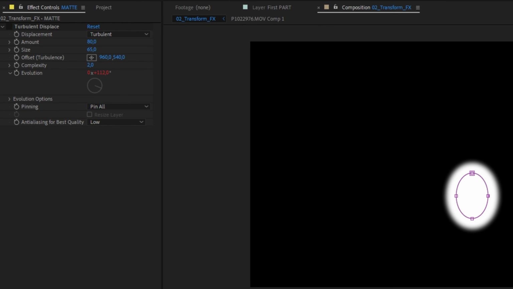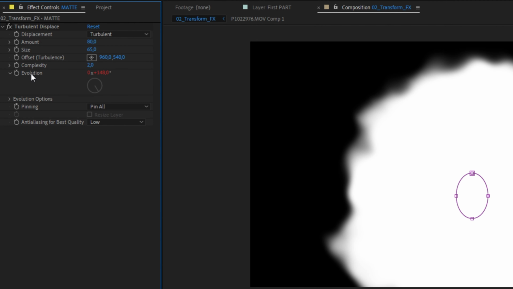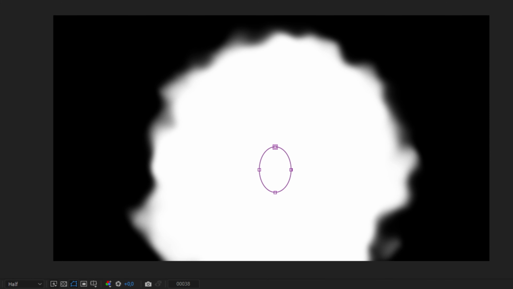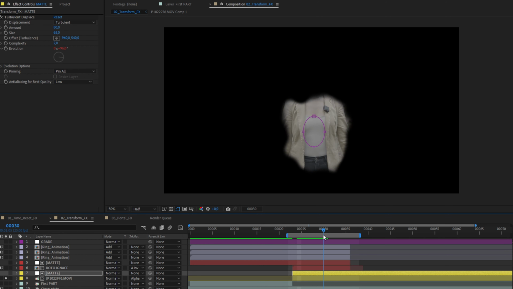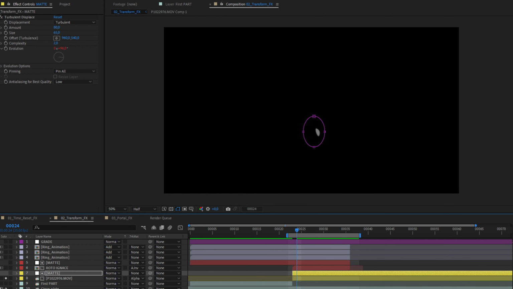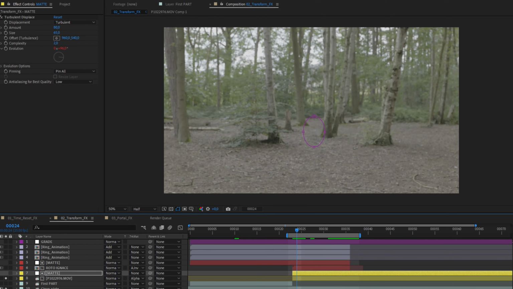And I also applied a turbulence displacement effect on top of this and animated the evolution and also played with the settings until I got something like this. This matte is actually great to make a reveal. And then I'm using this on top of my layers, either in an alpha matte or in an inverted alpha